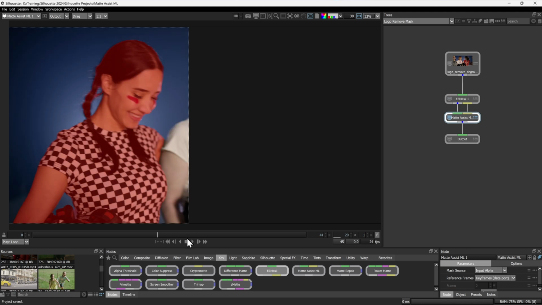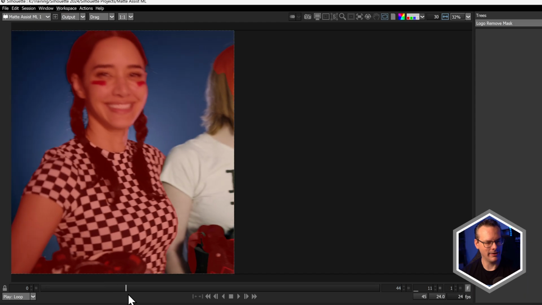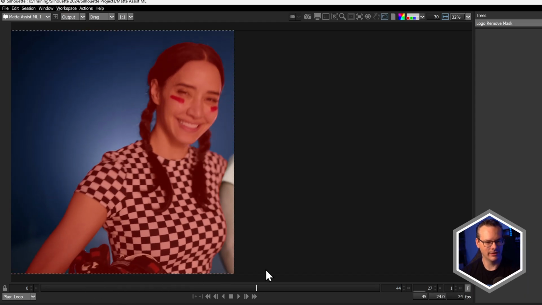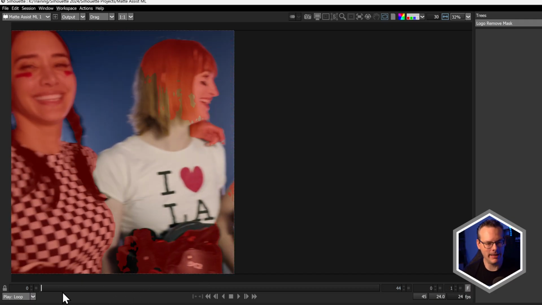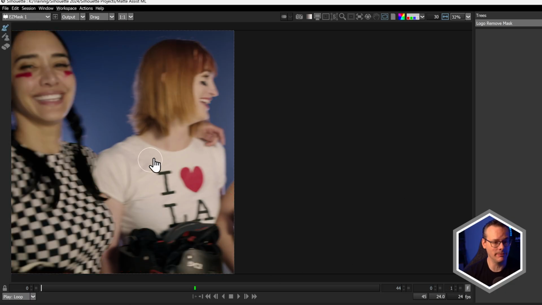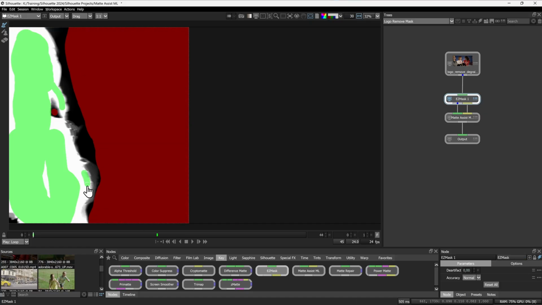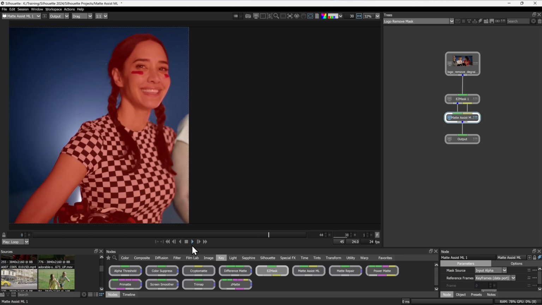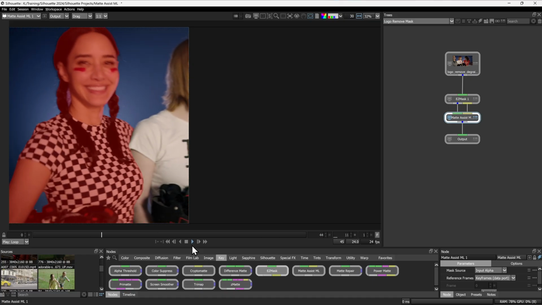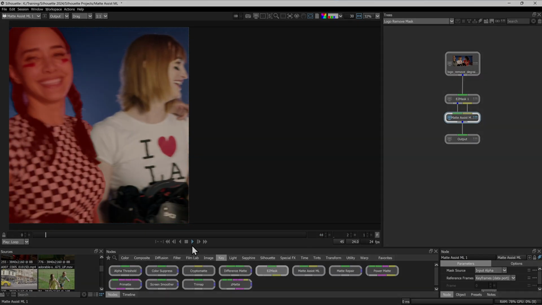So let's play this one back. And you'll see that that picks up all of the matte right from the beginning all the way to the end. We'd also have a little bit more here being picked up, so I can see if coming in and creating a new easy mask on this frame is going to give me a different result. And because we piped in that data output, all of the keyframes that are going on upstream are automatically rolling in to the new Matte Assist ML calculation.